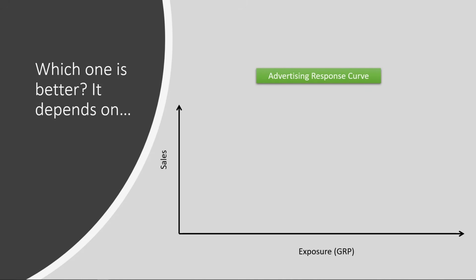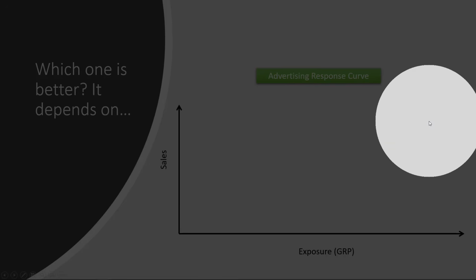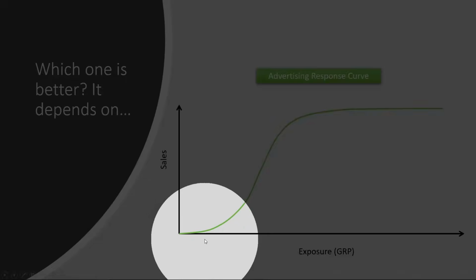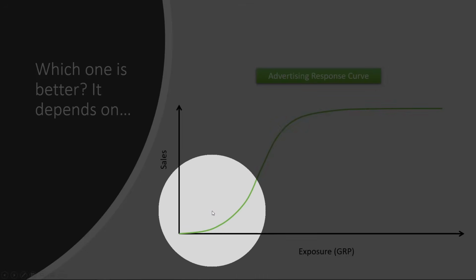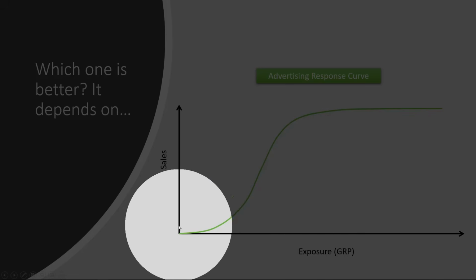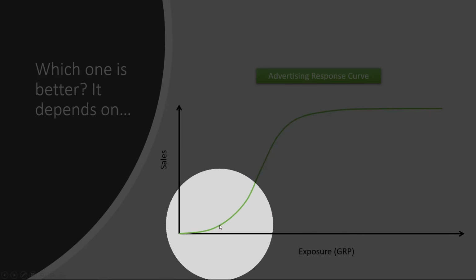But the advertising response curve, it tends not to be a straight line between the two. The relationship tends to be an S-shaped response curve. It will look like this. And intuitively, what this basically says is when you have very low advertising intensity, very few people actually see it, and they don't see it as often, it may be fairly ineffective. So the response curve is very flat.